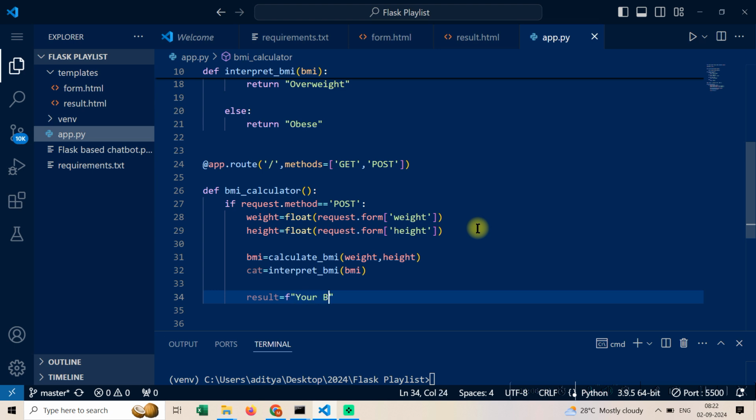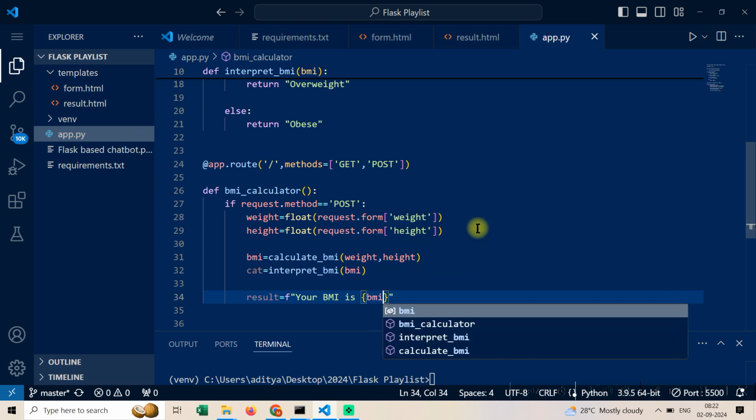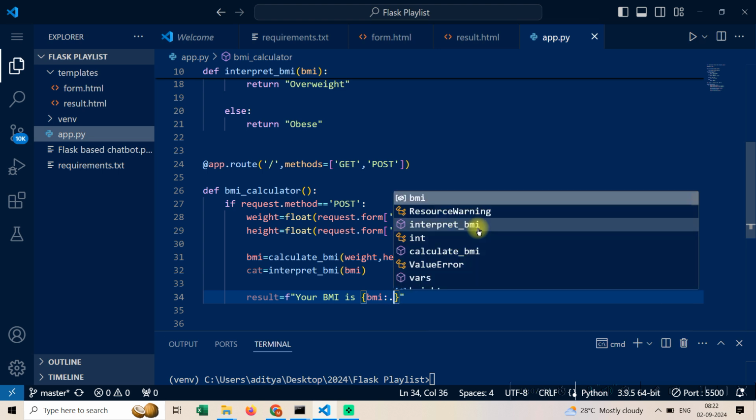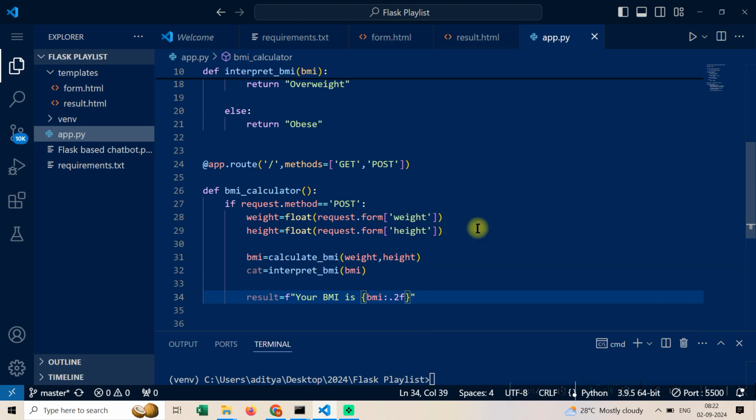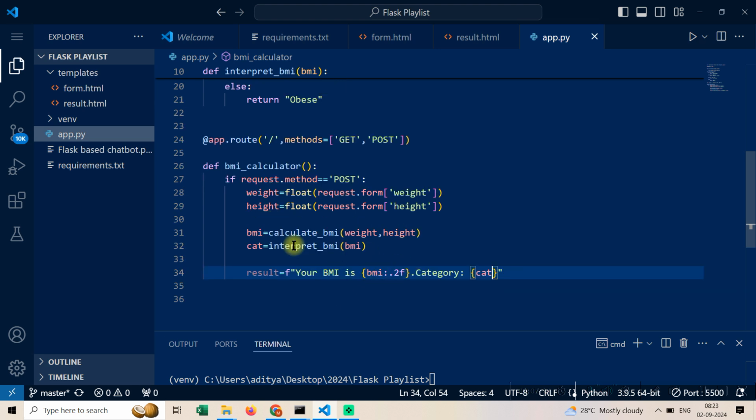So your bmi is bmi, let's just make it 2 floating points. I think that's okay. And then your category is, guys, I think you understand f strings, right? So this is basic f string stuff only. This won't be category, this would be cat only. So see, it's going to take bmi from here and take category from here,